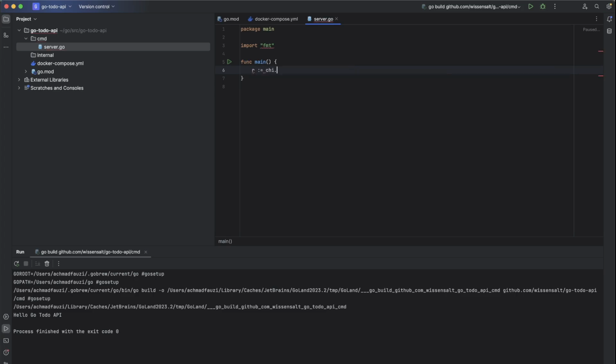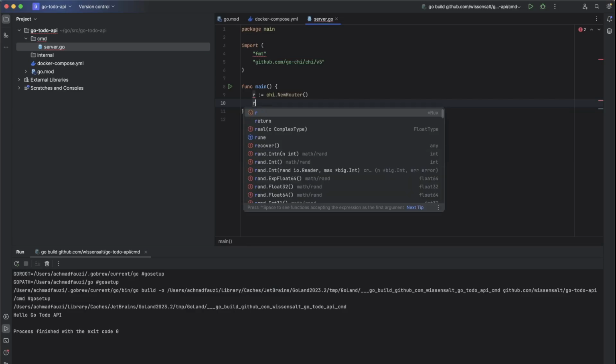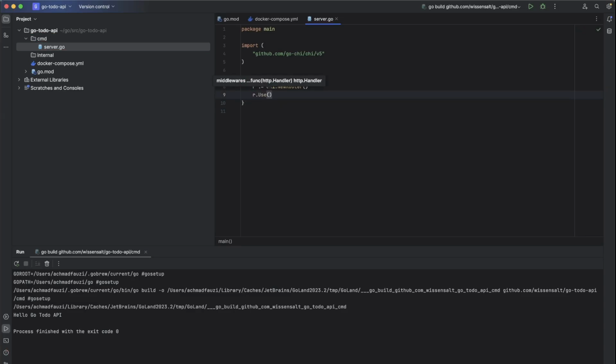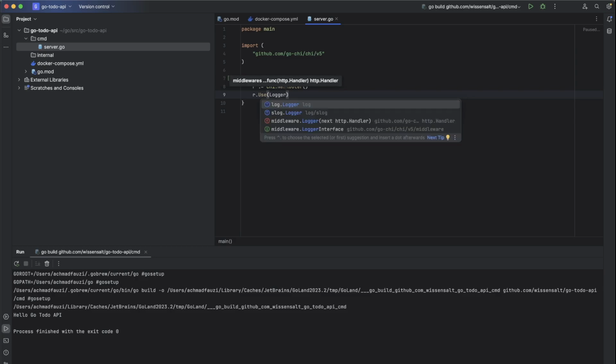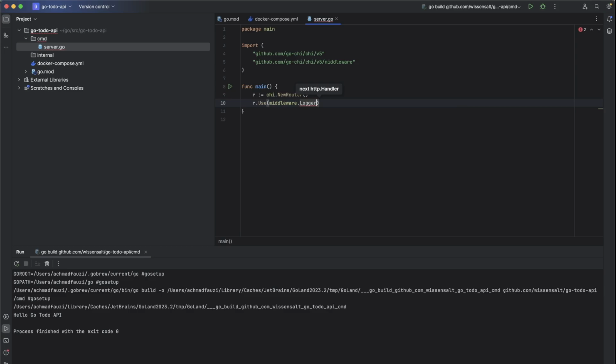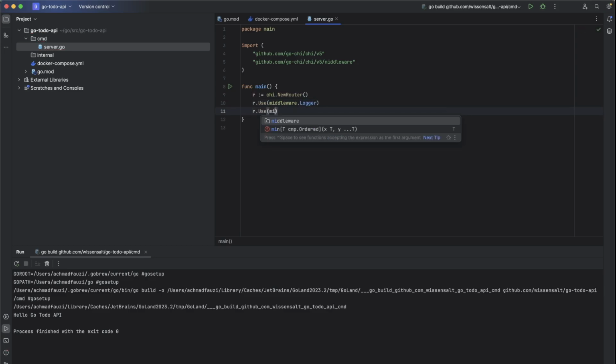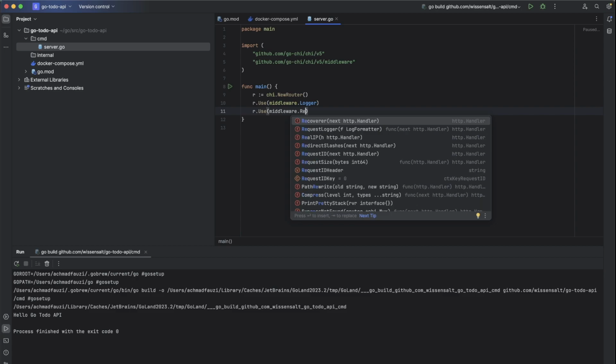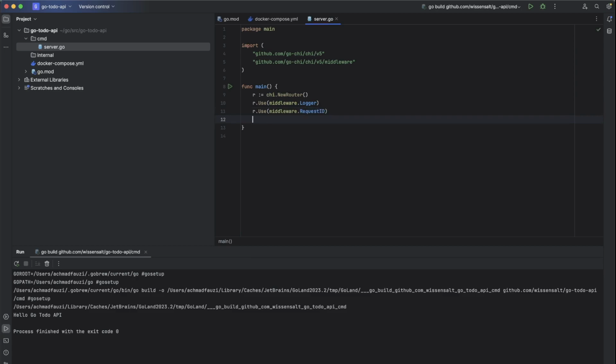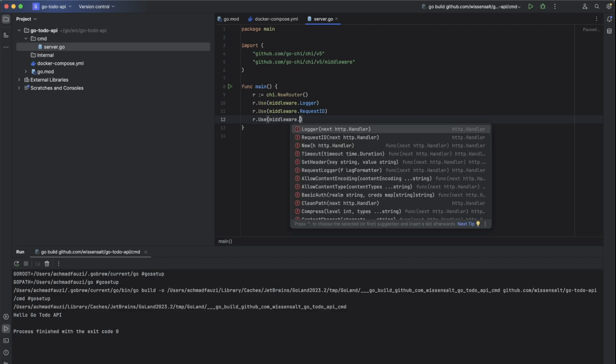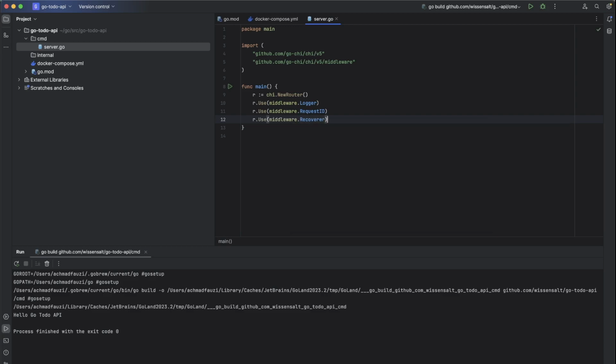Router is chi.NewRouter, and then we will use some middlewares. r.Use middleware like logger, middleware.Logger, and then r.Use middleware.RequestID, and then r.Use middleware.Recoverer, probably recover. Yes, okay.